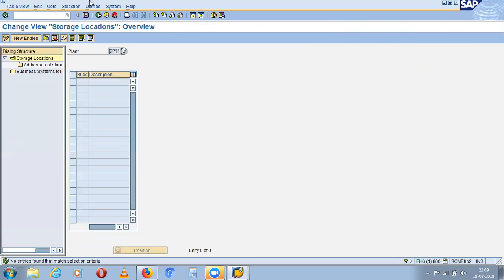Okay. Click on new entries. Why have we copied, ma'am? We have clicked the copy option. Actually, since we have copied from 1000, it should be displaying all the store locations. Okay, it's not showing. Do one thing: just come out, stop sharing. I'll pause the recording for now. Okay, let me check that.